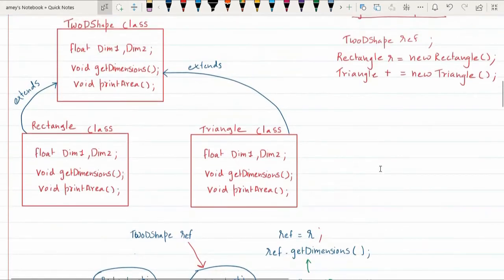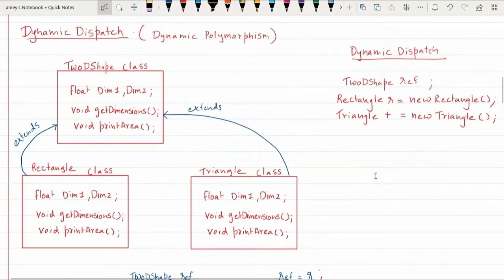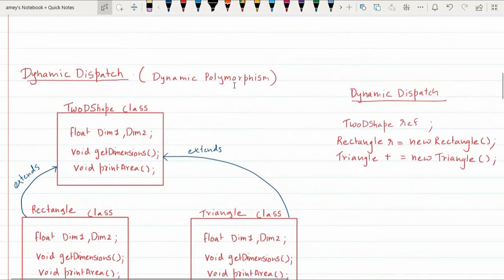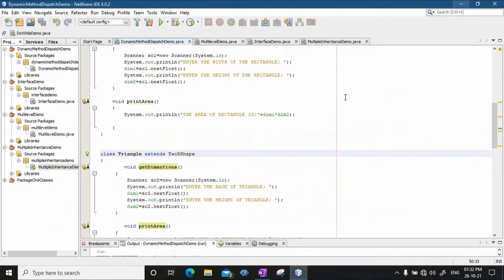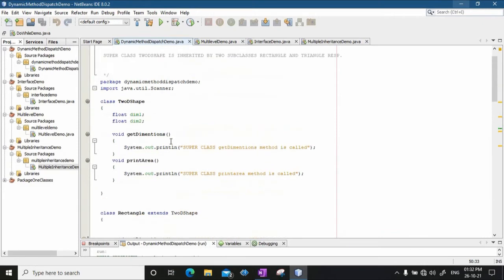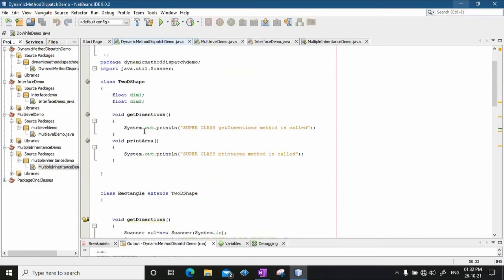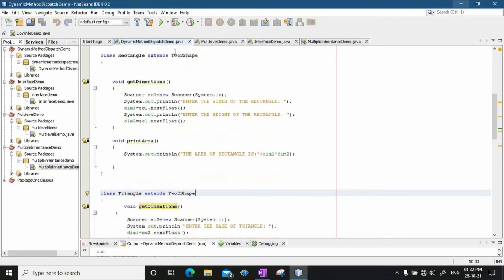This happens dynamically, because referencing happens dynamically. So this is runtime polymorphism, or dynamic polymorphism. In Java it is called dynamic dispatch. Now let us quickly see that same program. As I have already told you, we have defined a 2D shape, and we have defined a rectangle class.